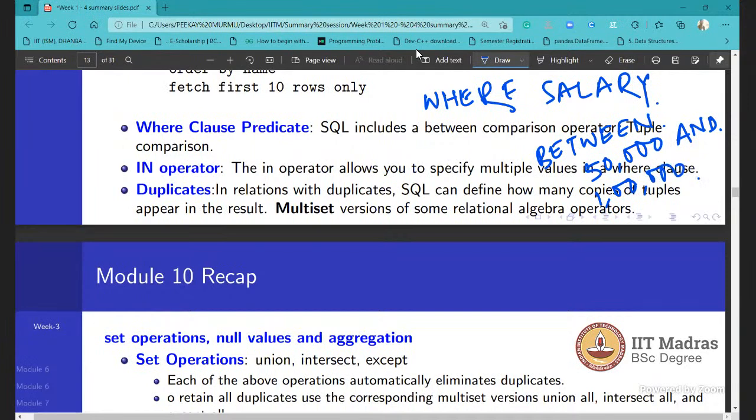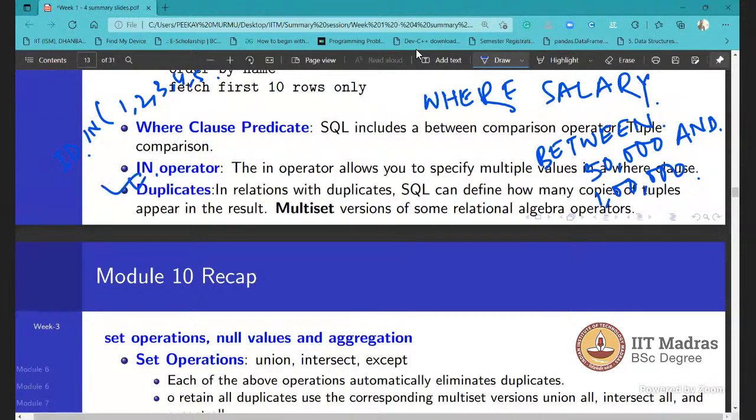And the in clause is used if you want to look for a particular column's value in a set of values. Suppose you want to use ID in 1, 2, 3, 4, 5, for that we use the in operator.